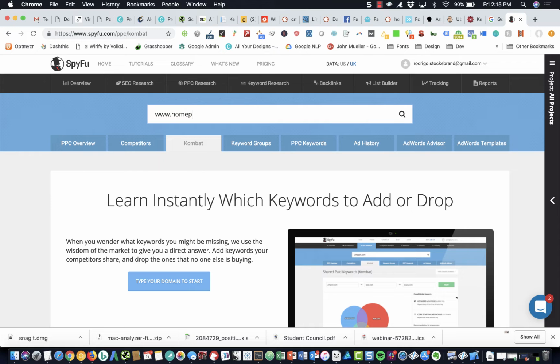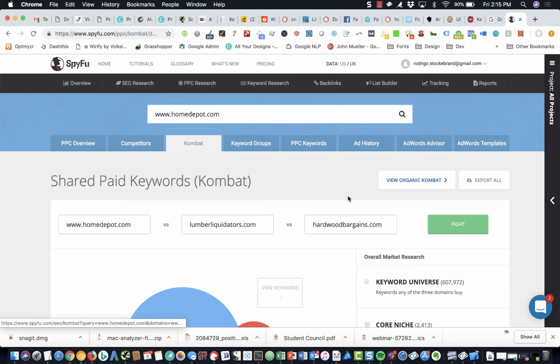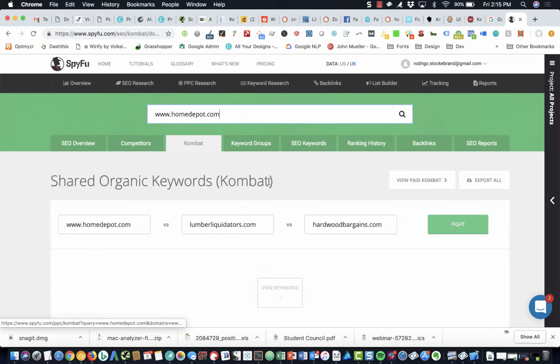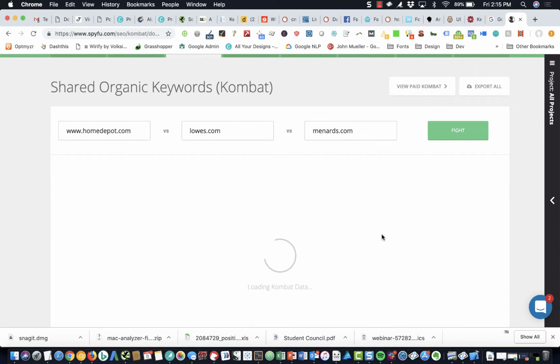Here we're going to just do an example for the Home Depot. And then we're going to go to organic because it defaults to paid. And we're going to type in a couple other competitors like Lowe's and Menards.com. And what this tool does, it will compare the keyword visibility across the 3 domains, which is super interesting because it'll show you how many keywords each of these domains ranks for and the overlap between these domains,